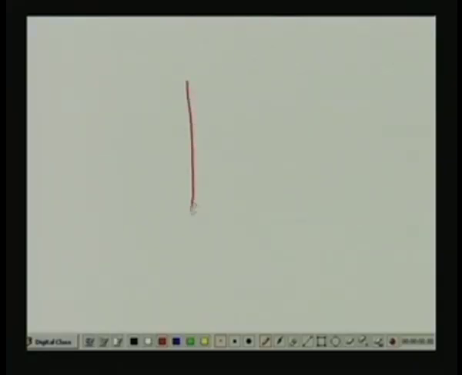If I look at the digital class, I have a stretched diaphragm. If I increase the pressure on this side, you see this diaphragm will be stretched like this. We will study this diaphragm very